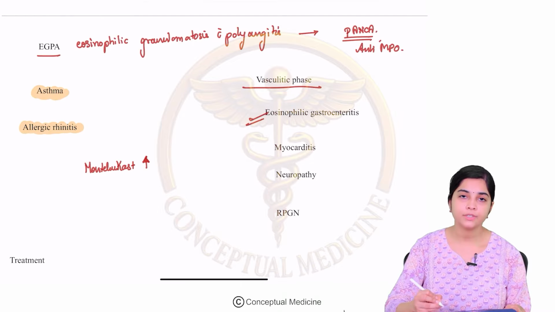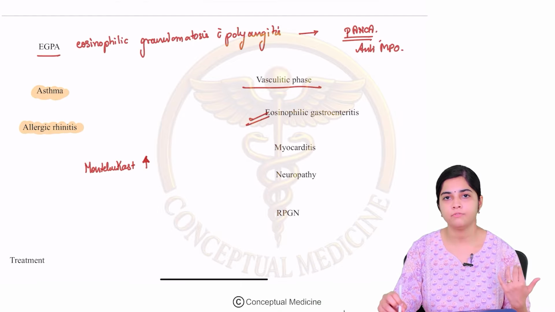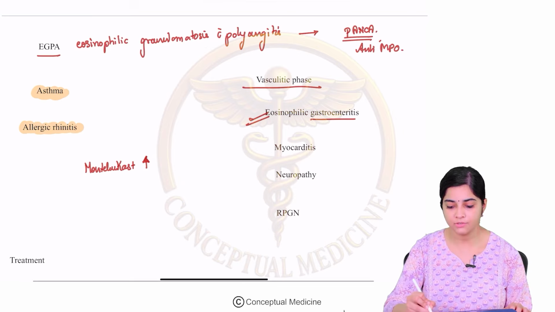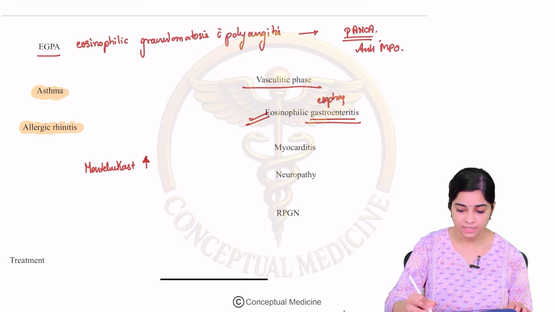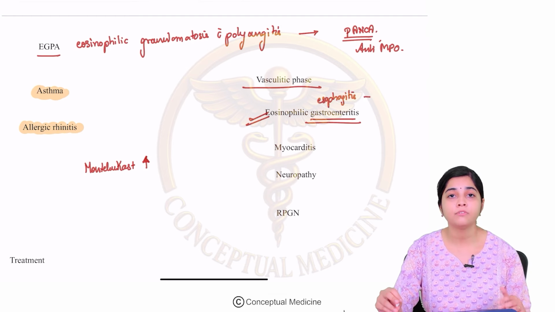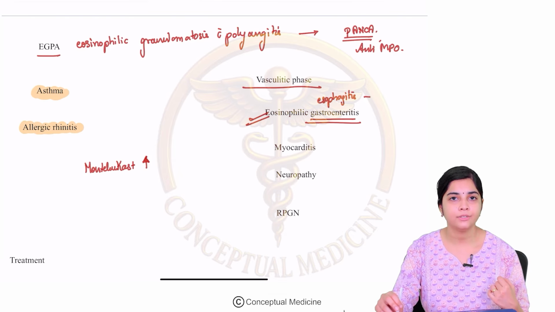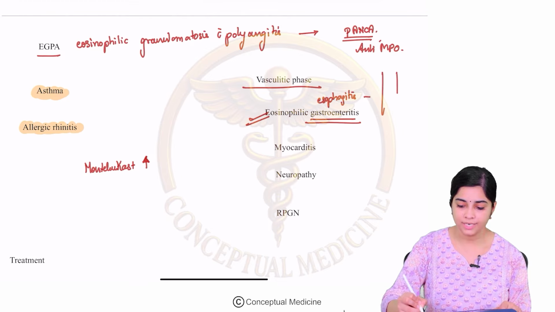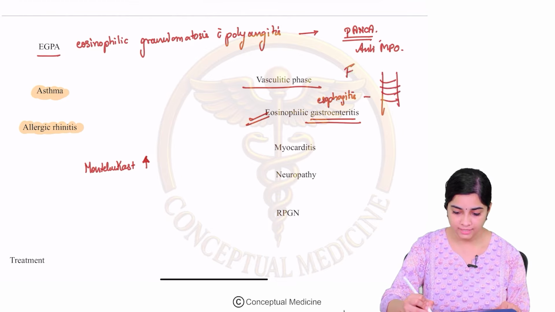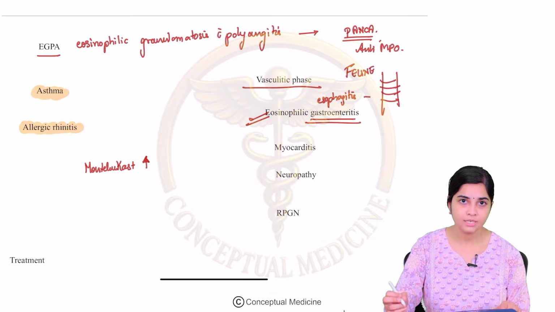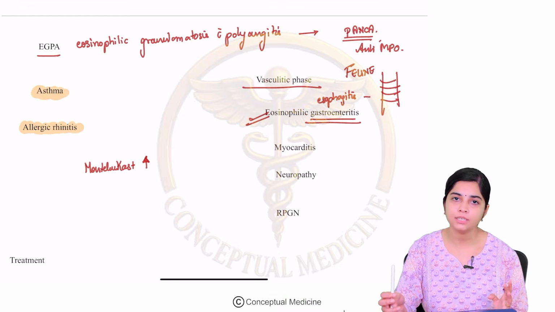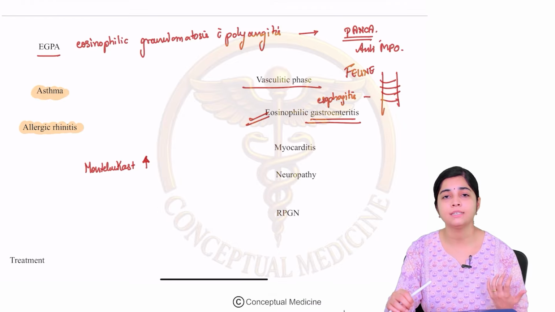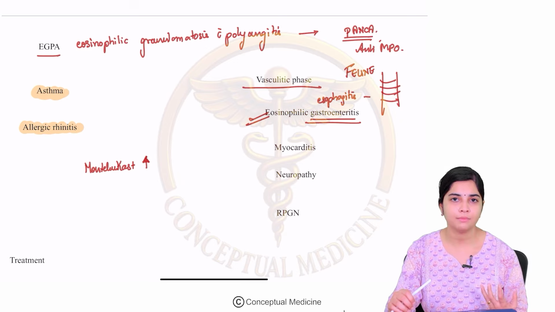So if there is infiltration of eosinophils into the esophagus and into the stomach, it results in eosinophilic gastroenteritis, eosinophilic esophagitis. This esophagitis is going to present as episodes of dysphagia. And when you do an endoscopy, what is the characteristic feature you find? You find something called feline esophagus. Feline esophagus or trachealization of the esophagus is a characteristic feature of eosinophilic esophagitis. In eosinophilic gastroenteritis, you may find evidence of a few submucosal hemorrhages and they present in the form of chronic diarrhea